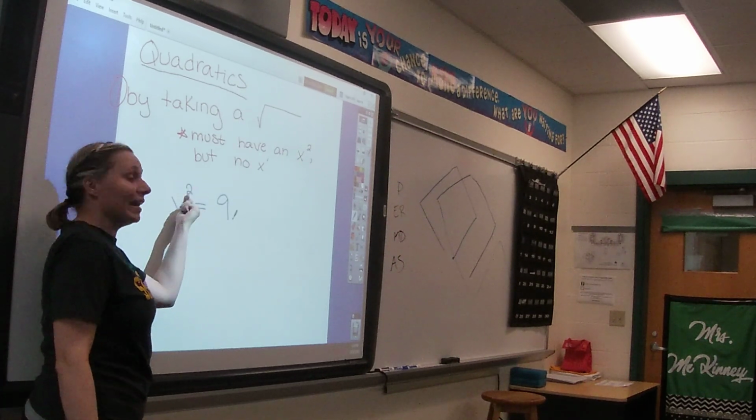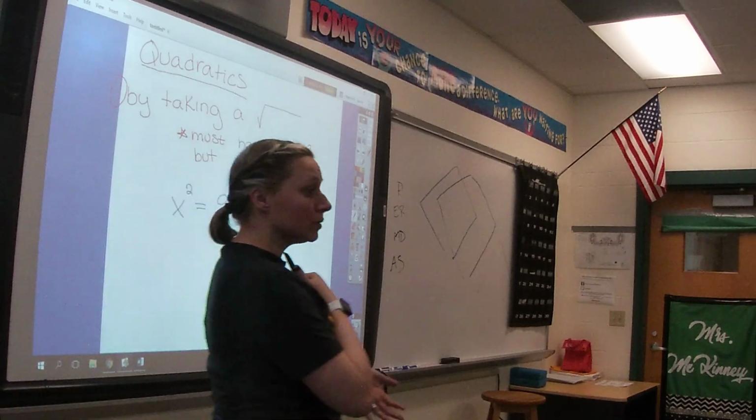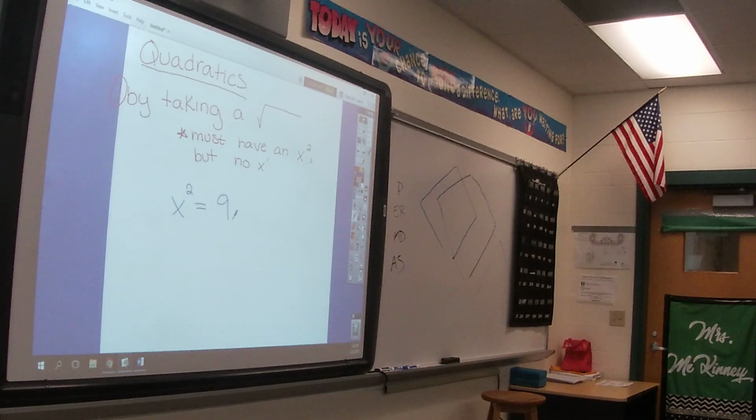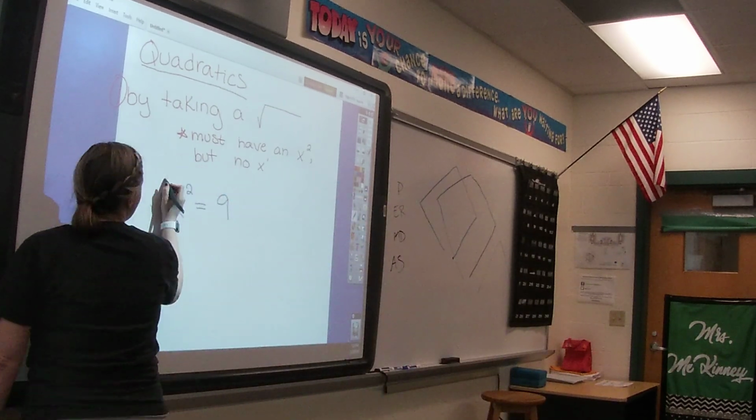We just learned the inverse operation of an exponent of 2 is what? What did we just say over the last 3 days? What's the inverse of an exponent of 2? A square root. Right? The inverse of an exponent of 3 is a cube root. The inverse of an exponent of 4 is a fourth root. Right? We had all of those. Okay, so if we want to undo an exponent of 2,